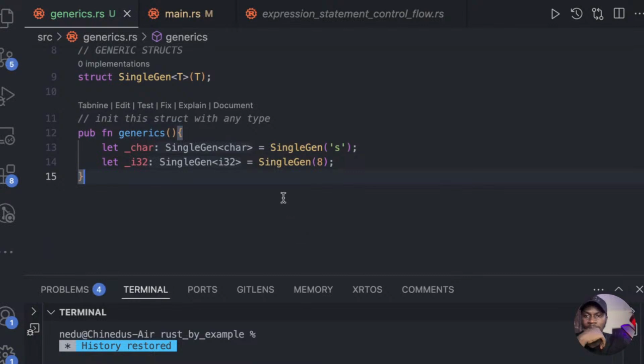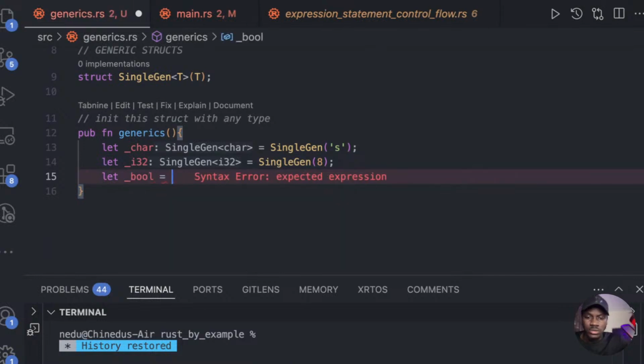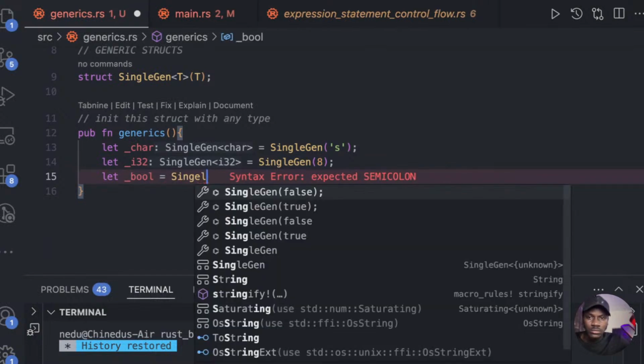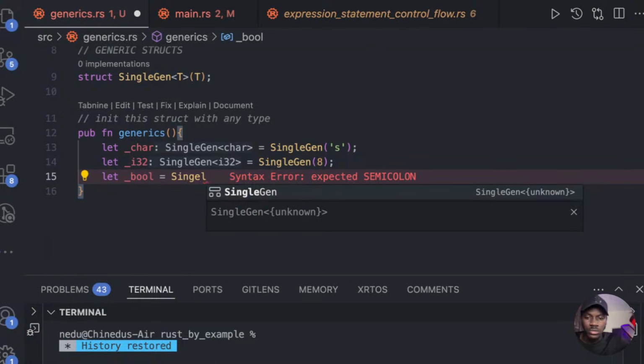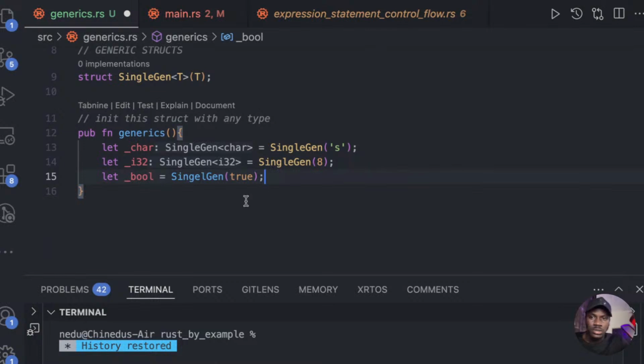Yeah, so now we have a clean workspace. You can see how we can even go ahead and say let bool, so that is a boolean. It's going to be single gen, and I'll pass true to it, right? So you see there will be an implicit return. So once I save this,